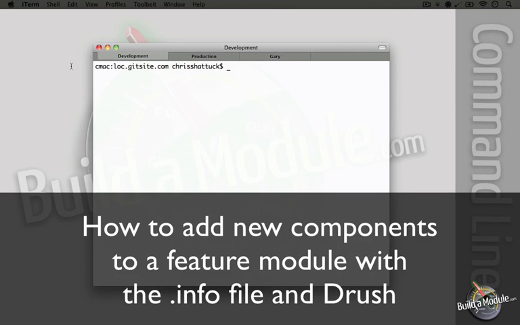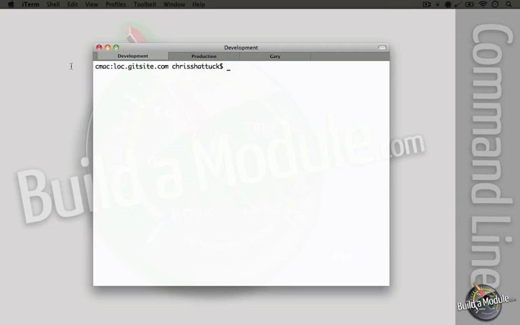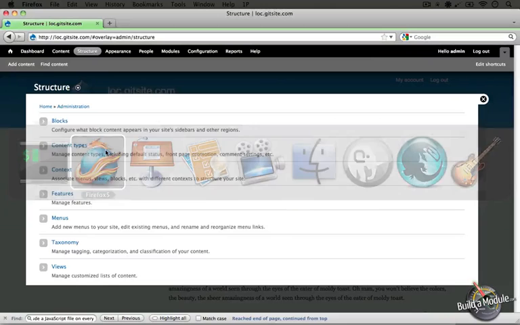So we just used Drush in order to add changes to components that are currently captured in a feature module. Now we can also rebuild feature modules, including all new components. The typical process of doing this, if we're working through the user interface, let's go ahead and jump to that